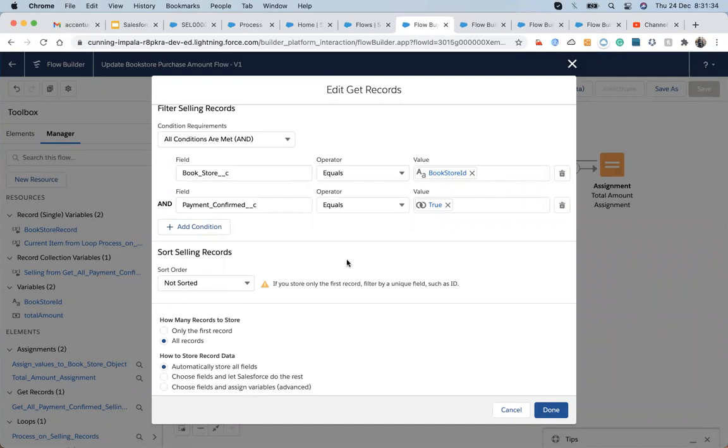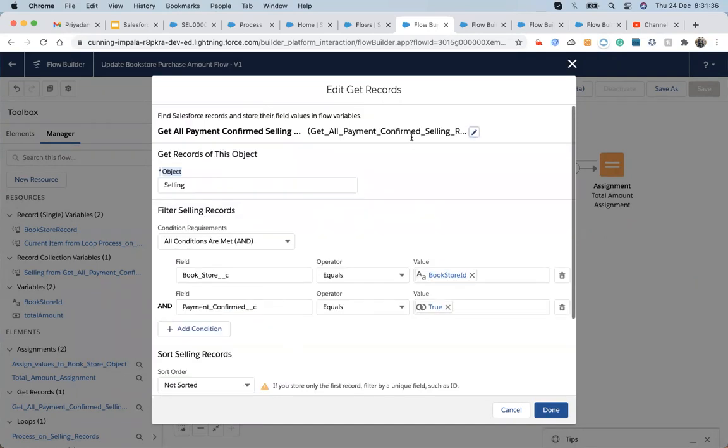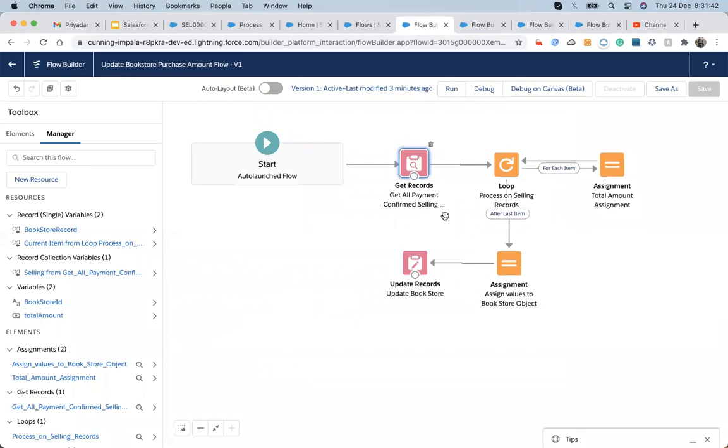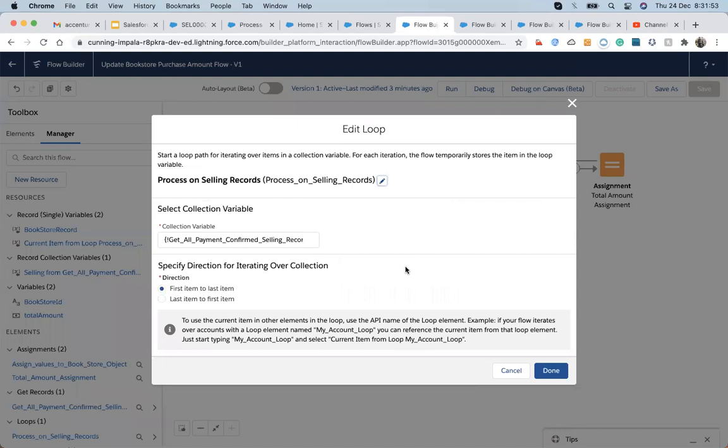The get records element collects the list of records, and since I need to process the list one by one, I choose the loop operation and choose my collection variable. The order of the loop is either ascending or descending.